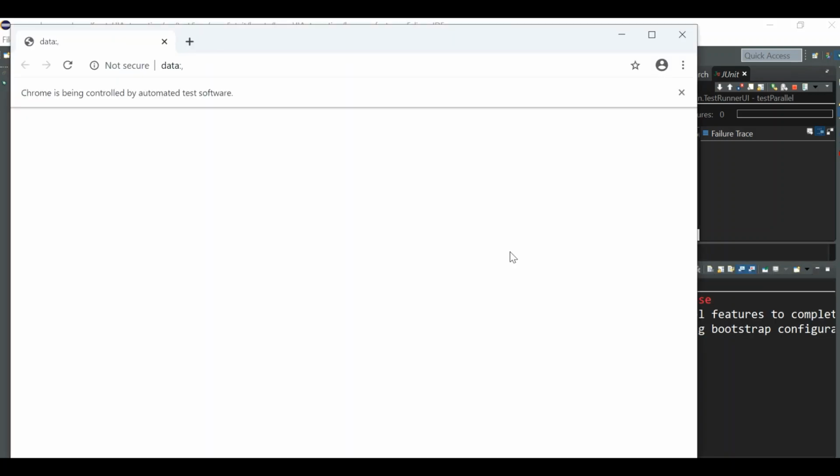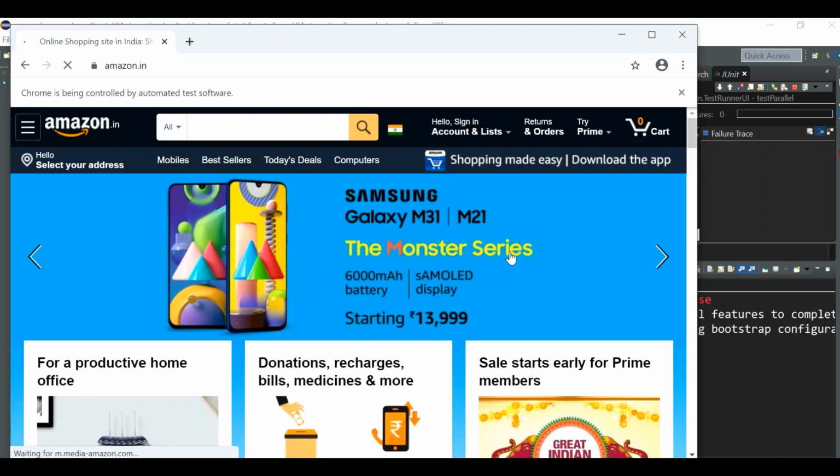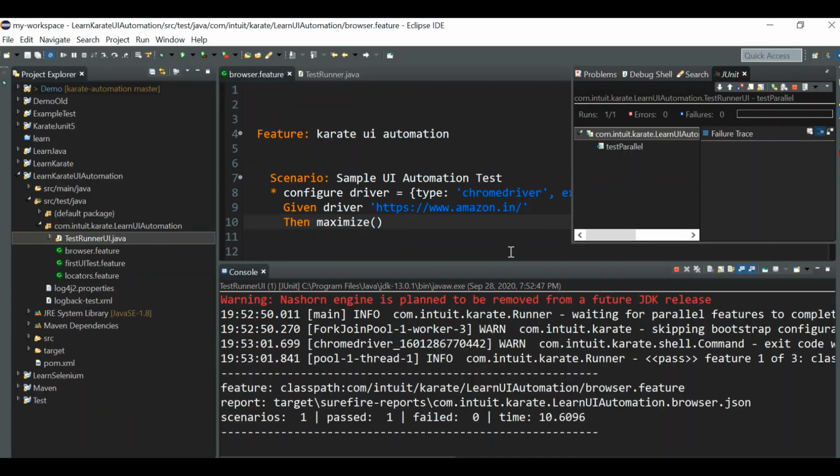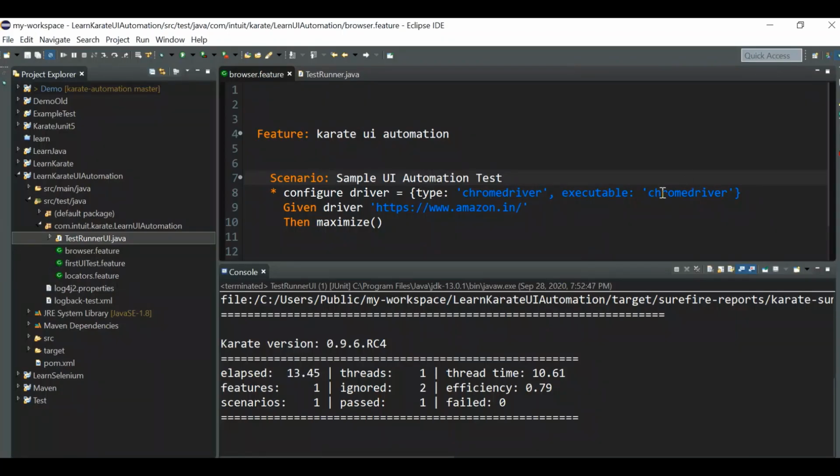There won't be any change. The script will run in the Chrome browser, it will maximize the window, and it will close. If your executable file, that means chromedriver.exe, has some other name, you can give that name over here. Okay, so this is all about the chromedriver.